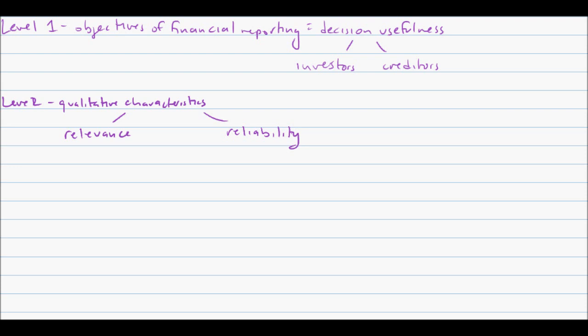That is to say, accounting information is relevant and reliable. It helps achieve decision usefulness. But how do we know if information is relevant and reliable? Well, the primary qualities can be further broken down into ingredients. So the ingredients of relevance are predictive value, feedback value, and timeliness, while the ingredients of reliability are verifiability, representational faithfulness, and neutrality. So we're going to go into each ingredient in detail.